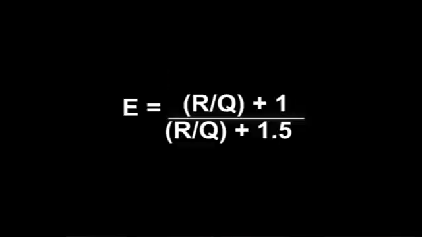The second one, hydraulic load, which includes the recirculation, should not exceed 30 meter cube per meter square filter surface per day. The third one being recirculation ratio, that is R by Q, should be such that BOD entering the filter, including the recirculation, is not more than 3 times the BOD expected in the effluent. This implies that as long as the above conditions are satisfied, efficiency is only a function of recirculation, and it is given by E is equal to R by Q plus 1 divided by R by Q plus 1.5.